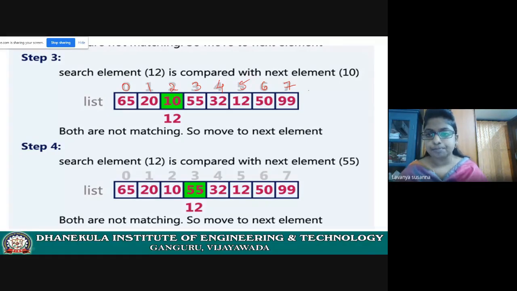Remember that there are n elements, so the index starts from 0 to n minus 1. 8 minus 1, 7. I hope you completed step 3 and step 4. Solve the problem. Step 5, step 6.